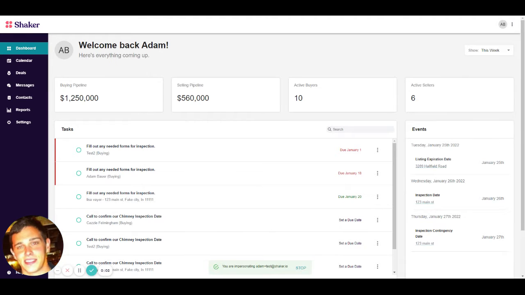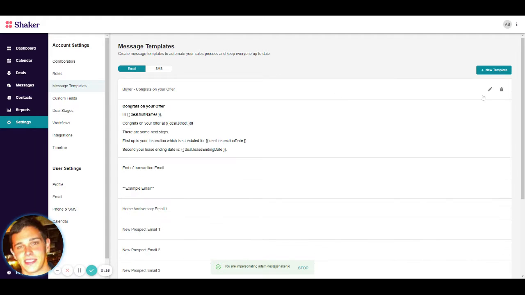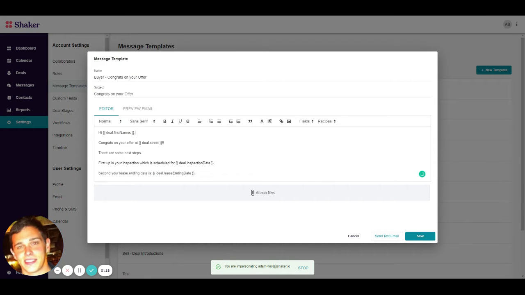So we have a new time-saving feature for you when it comes to creating emails. We can now, and you can do this in a one-off email as well as a message template, go ahead, pull up a message template, and actually, we'll edit this one here. Use the at symbol or type in double brackets for the ability to actually start pulling in fields into the